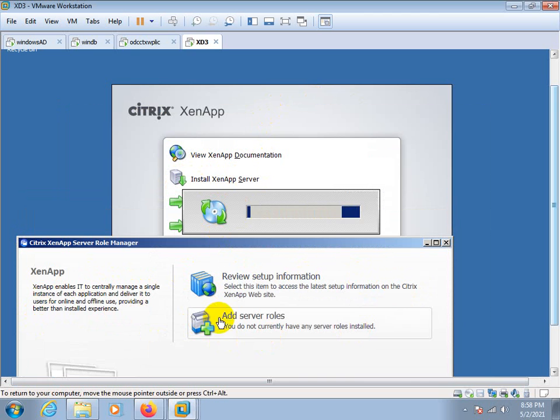Then we got this screen. Now we have clicked on add server role. This is the process. If you get any request like adding a new server, it's a XenApp 5 environment. A new server in 6.5. And after that, next, migrate the server into 7.8. The same server will be migrated.